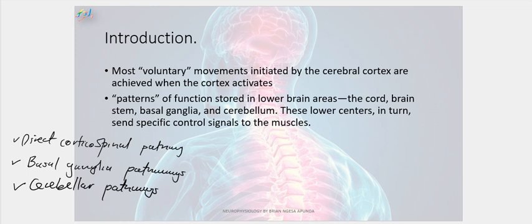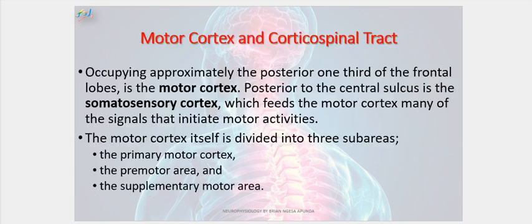Okay, let's just go straight to the cortex. The cortex, an area where we anticipate the motor signals to actually emanate from. So the cortex has various parts. So this, normally occupying approximately the posterior third of the frontal lobe, is what we refer to as the motor cortex. So motor cortex, this is where the motor impulses are normally generated